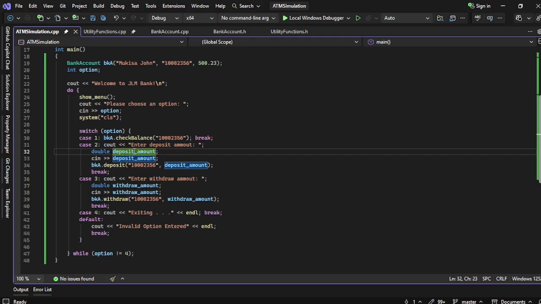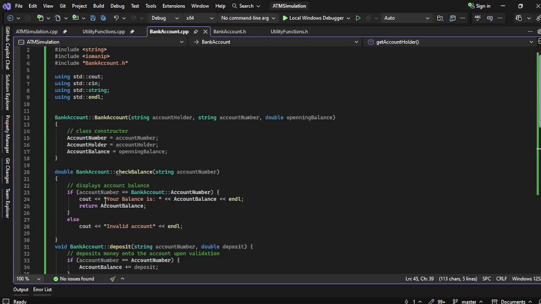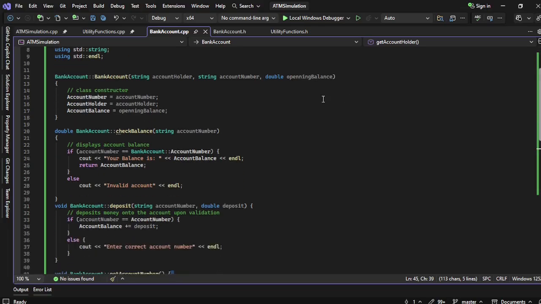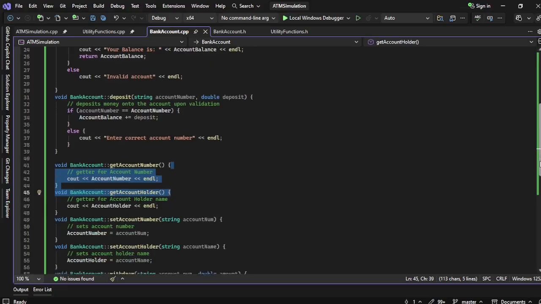That deposit is temporarily held in this variable, and later on, the deposit amount gets added to your account balance through the deposit method we created in our class implementations. So for every method in the class, this file details the implementation, and when you look at